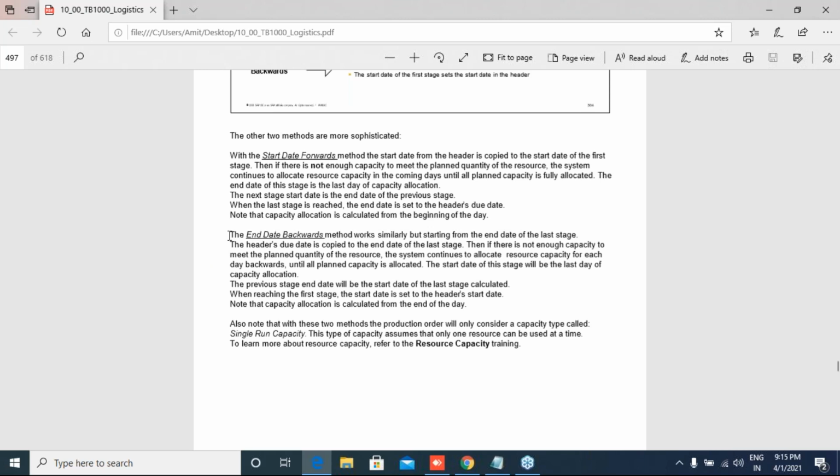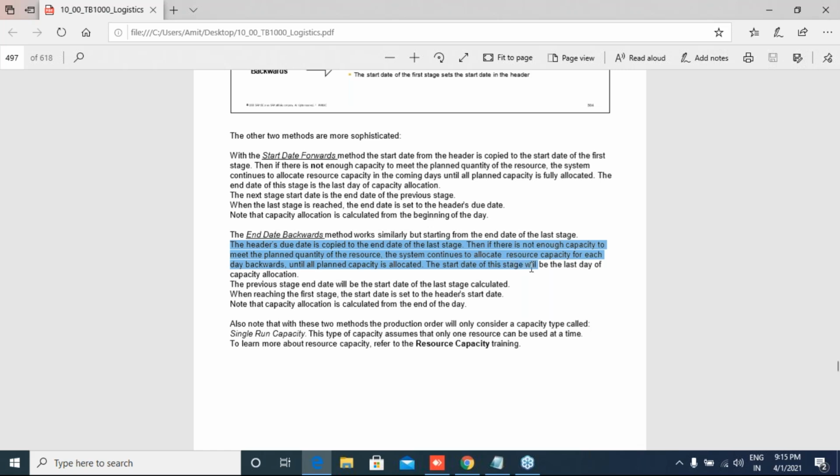The second one is the end date backward method, which works similarly, but starting from the end date of the last stage. The header due date is copied to the end date of the last stage. Then if there is not enough capacity to meet the planned quantity of the resource, the system continues to allocate resource capacity for each day backwards until all planned capacity is allocated.